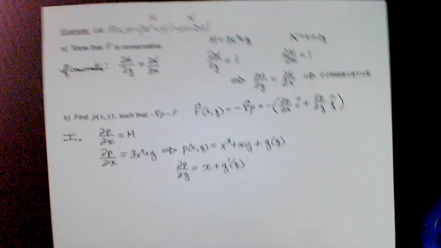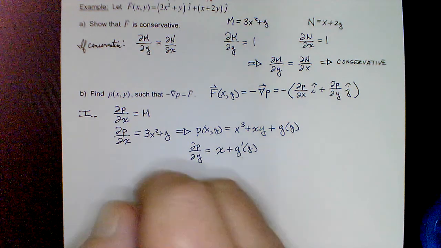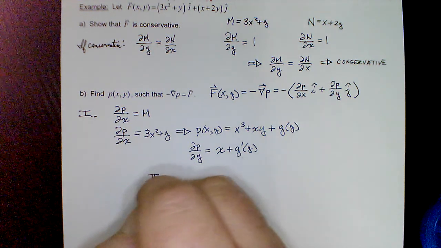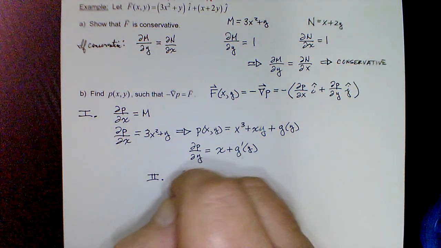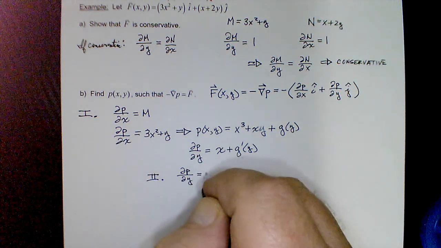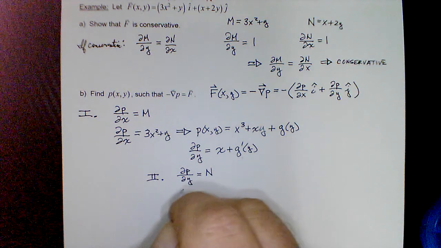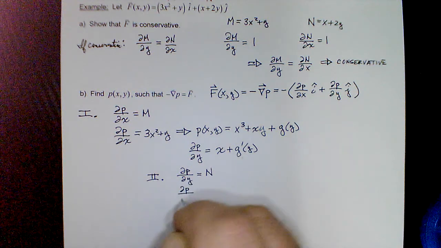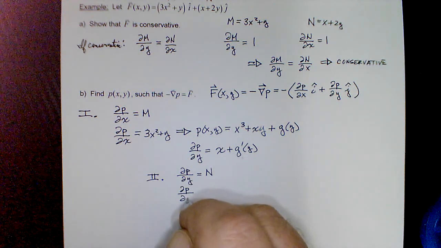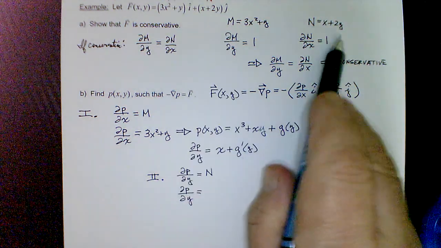And our goal here is to find g of y. So now we can impose the second condition: the fact that the partial of the potential with respect to y has to be equal to N. So therefore the partial of P with respect to y is now equal to, okay, look at either place, N